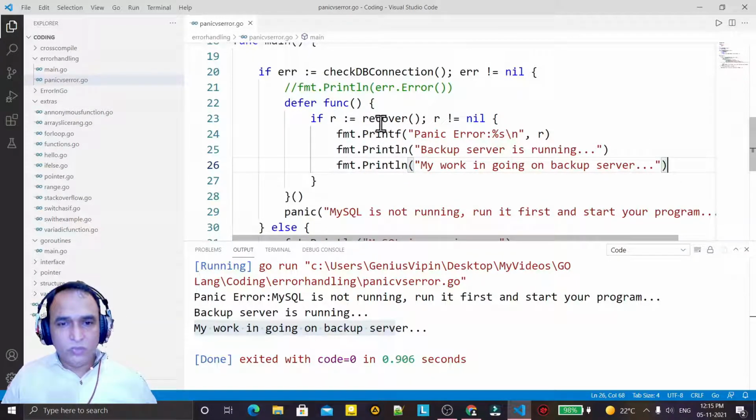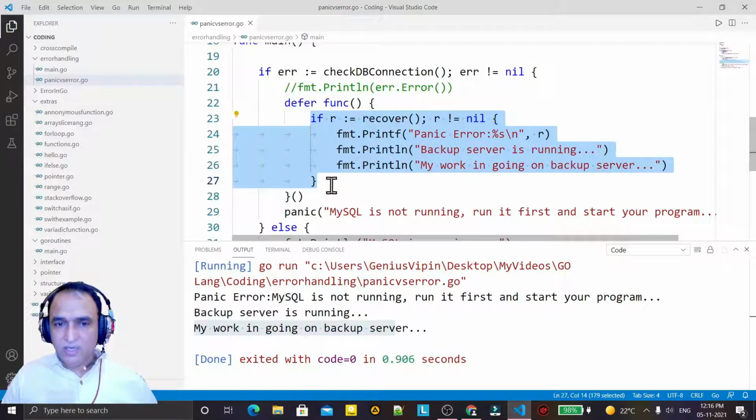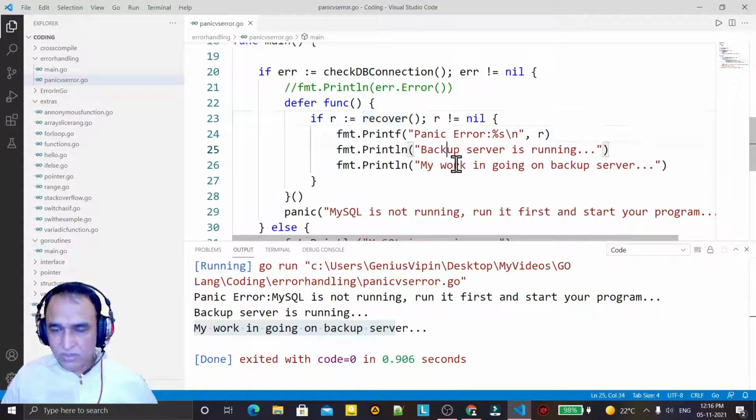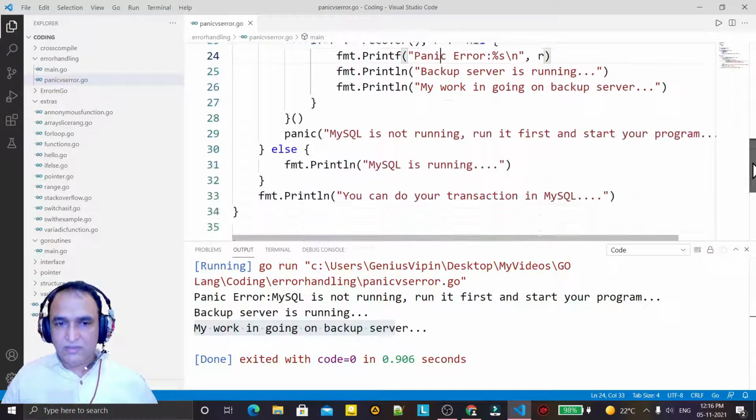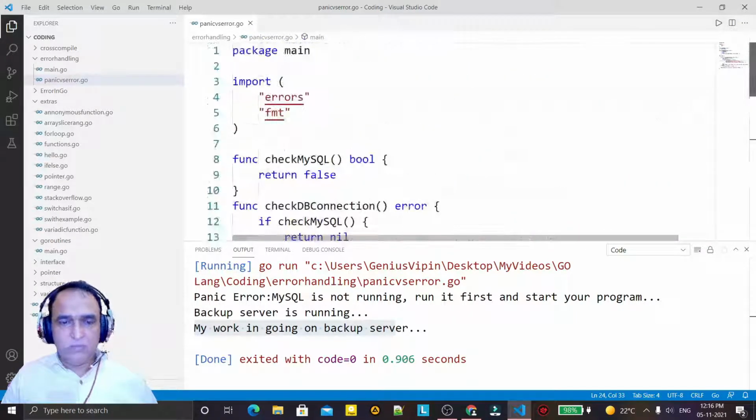So this is the way to recover from the panic. In the last video we saw that panic means completely closing the application, while error means just giving confirmation of the error and continuing further work in the application. But panic completely destroys the application, and still we want to recover from panic conditions. We have a backup server here as a condition. So we can conditionally recover using the backup, and we can do something else that does not depend on the first condition on which we had a panic situation. So this way we can use recover as compared to panic.